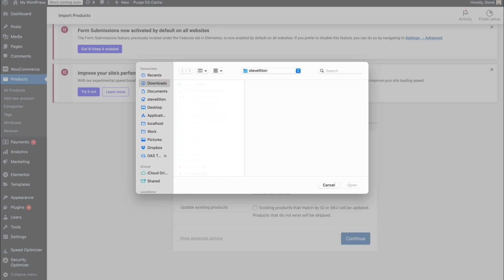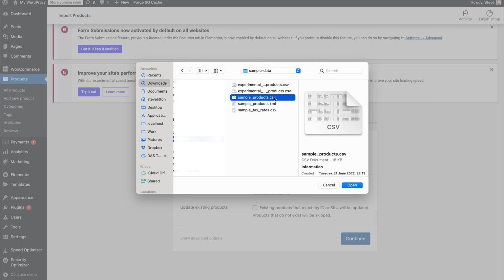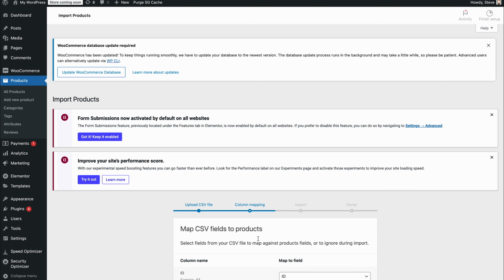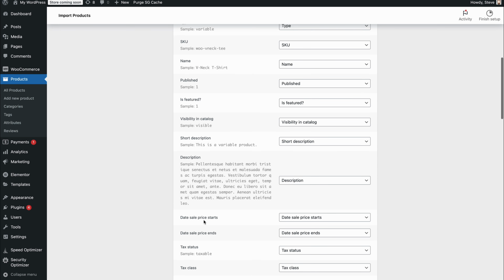CSV file. And obviously you can just make a copy of the sample CSV. It's quite useful to have the original one with some of the dummy data in there, because then you can see what needs to be formatted in which way. And then create your own copy that's easier to find than this one. And once you've done that, we can just hit import, and then you can see it takes us to